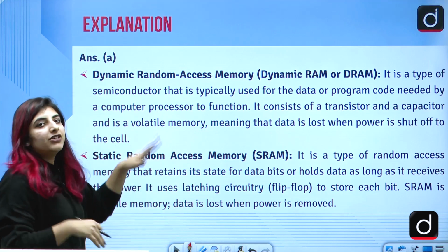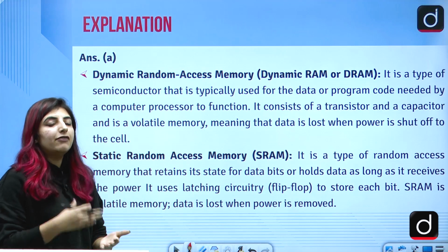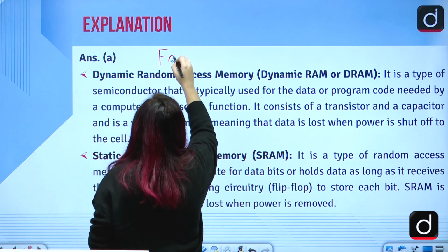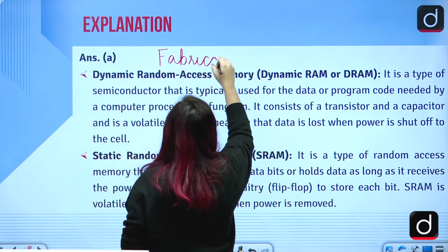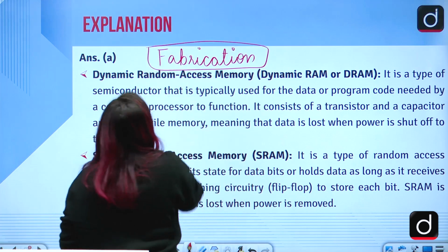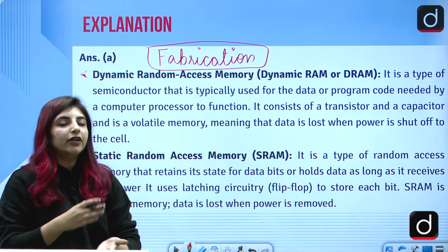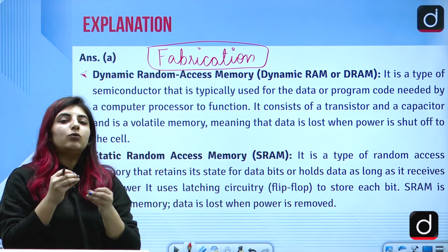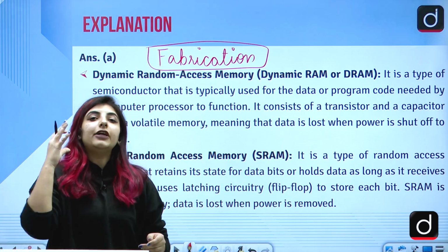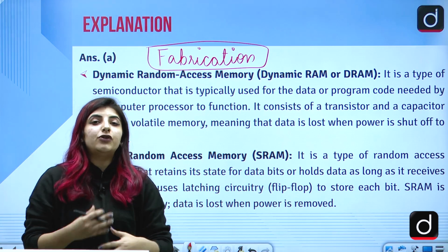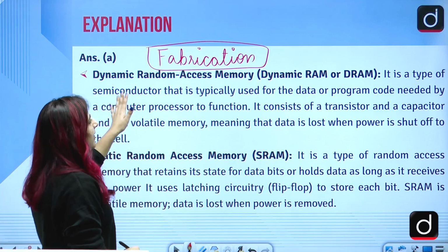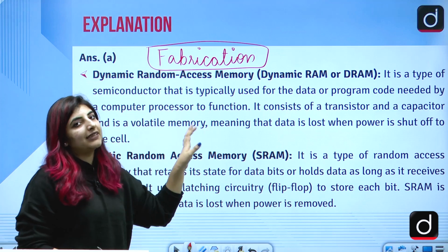But before jumping into the explanation for all 4 options, let me tell you, fabrication method here means that when a device is manufactured in ICT, in the computer networking or the computer part, it means what kinds of cables, transistors, circuits, etc. are used for that very manufacture, for the making of that very device. Correct? So first we have the DRAM, which is dynamic random access memory.